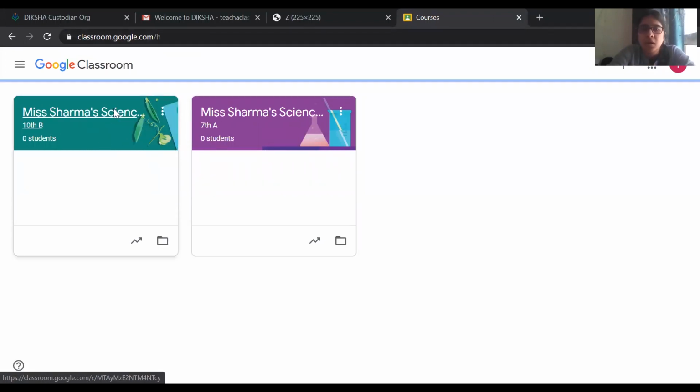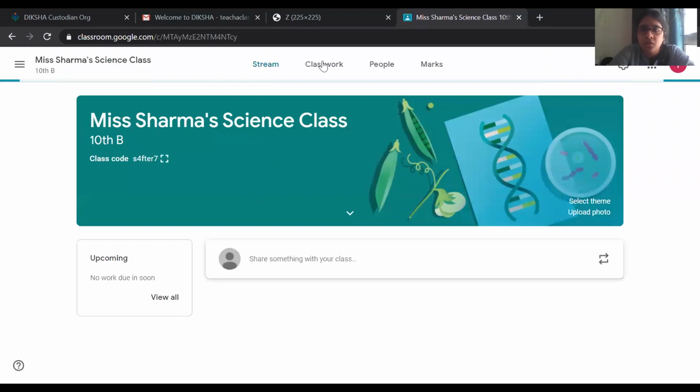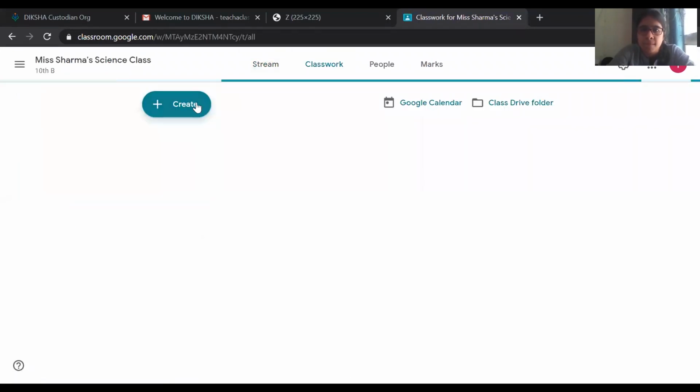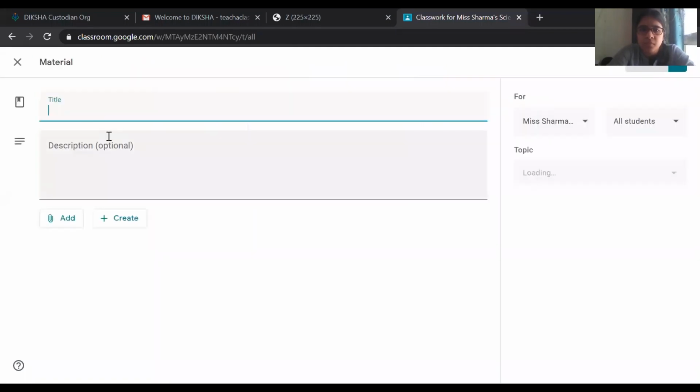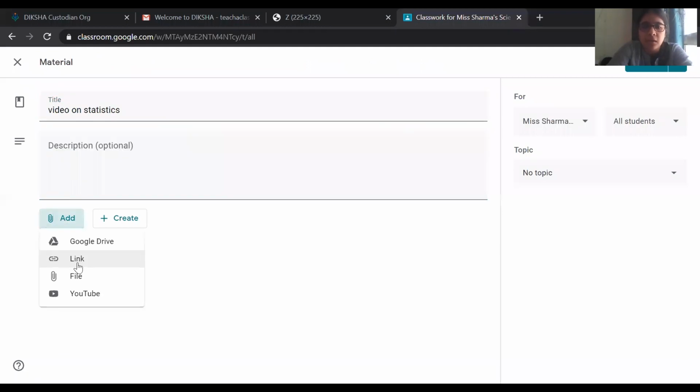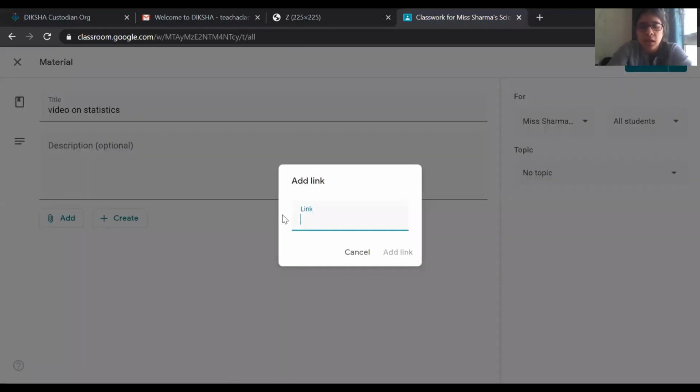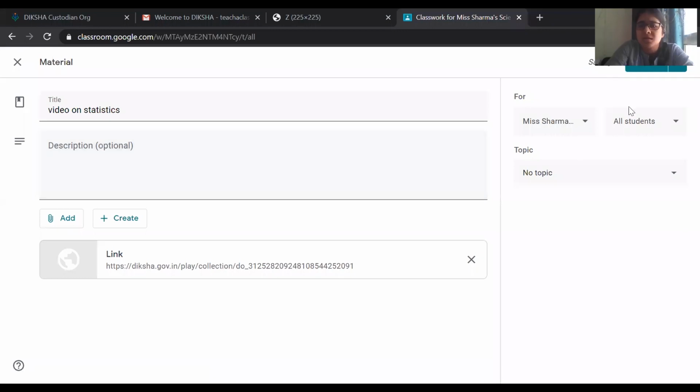I can just click on any one of them, go to classwork, and create material. I'll just write whatever it is, say a presentation video on statistics, and I can add a description if I want. Then I can click on add link, right click and paste, and add the link. And this is done. Then I can change other settings and post.